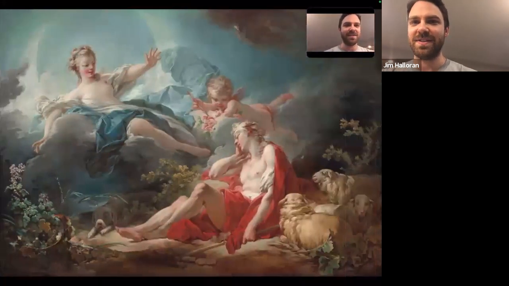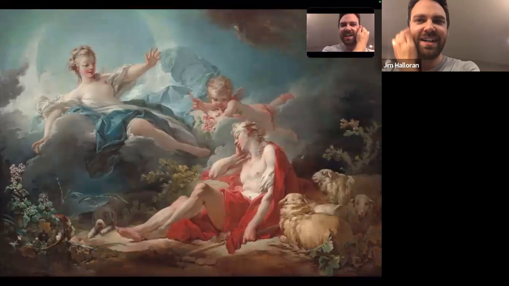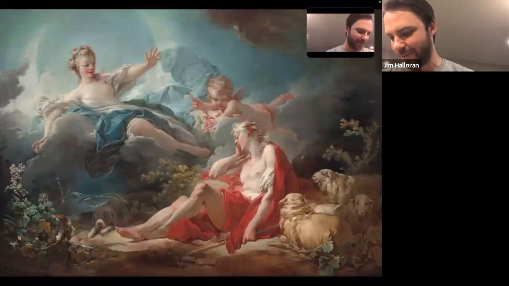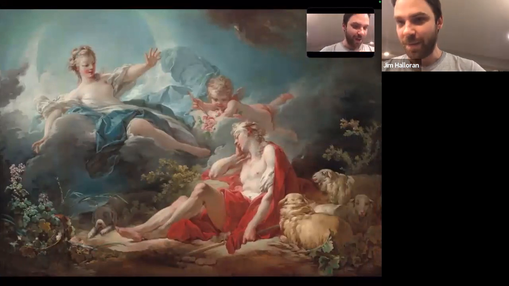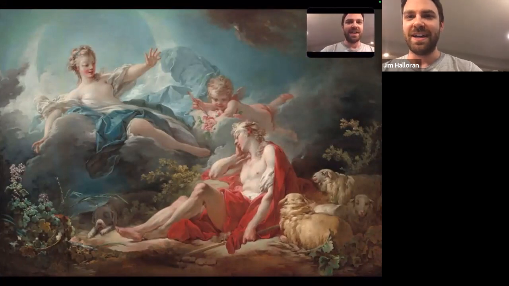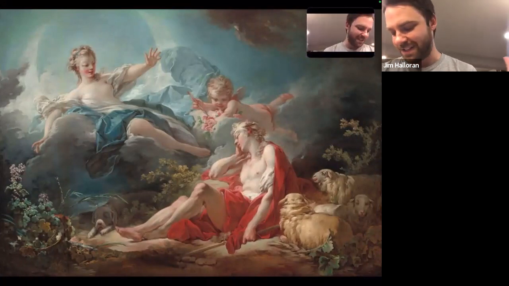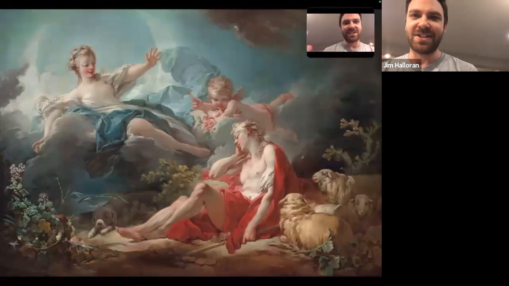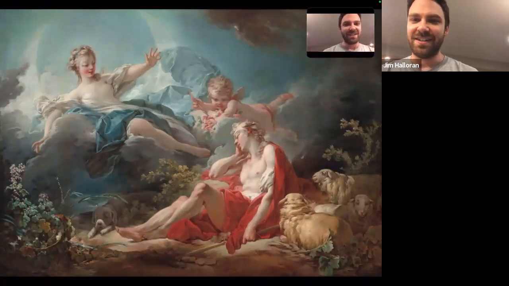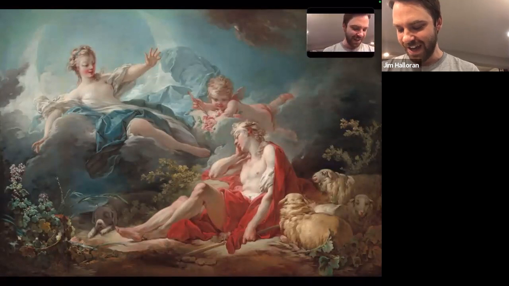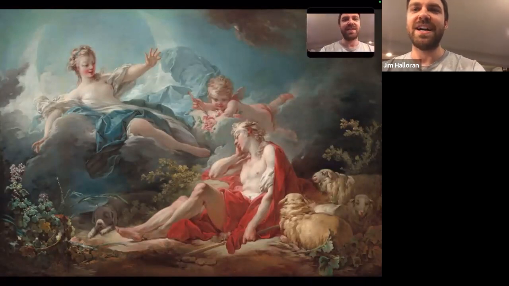Let me go to this. This was kind of the style at the time, which is called Rococo, but fun to say, which is very kind of ornate, imaginary paintings. They're very theatrical, kind of like gaudy, for lack of a better word. And they drew on mythology,